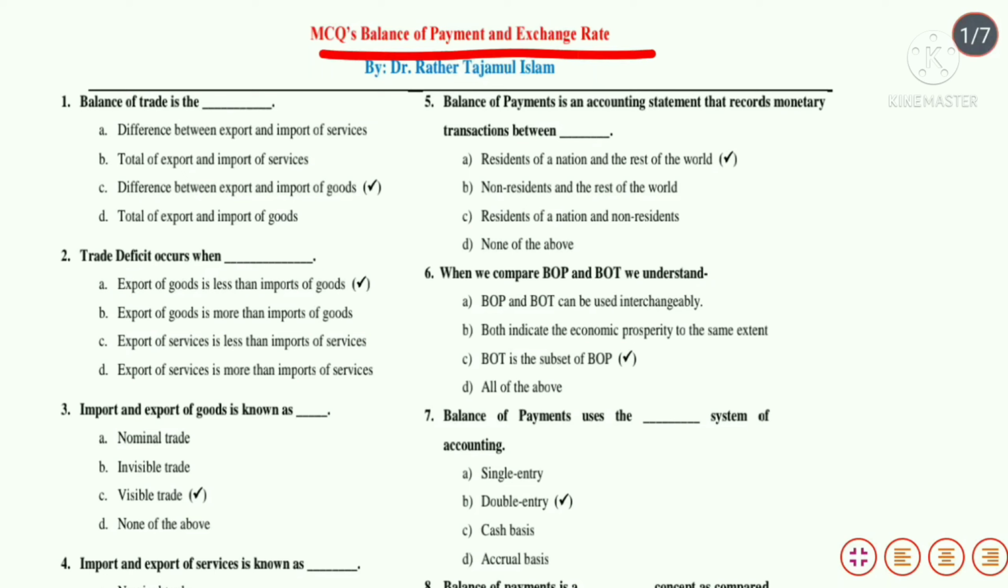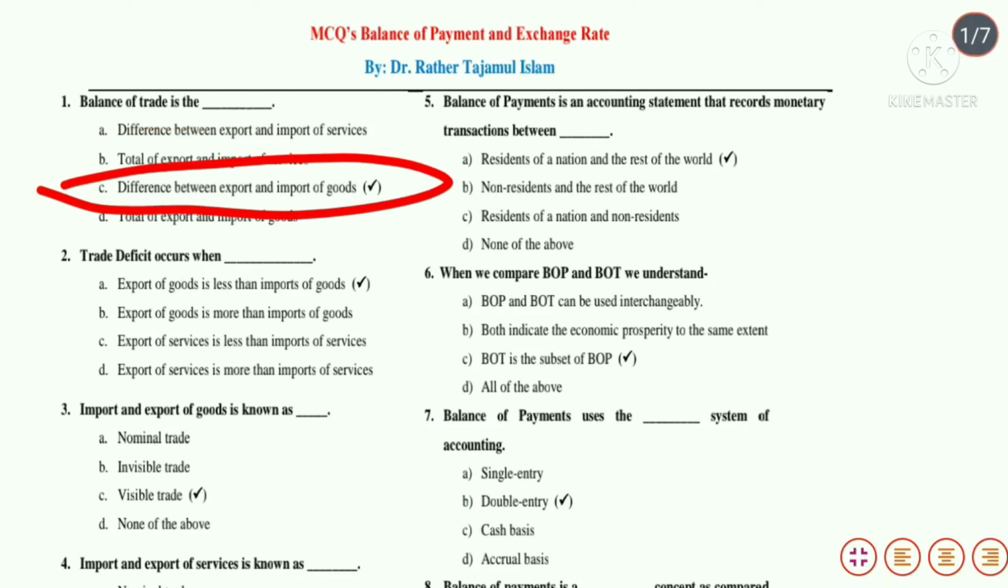आज के वीडियो में हम बैलेंस ऑफ पेमेंट एंड एक्सचेंज रेट से रिलेटेड कुछ इंपॉर्टेंट क्वेश्चंस को सॉल्व करके देखेंगे। तो डियर स्टूडेंट्स, विदाउट वेस्टिंग टाइम लेट अस स्टार्ट। सबसे पहला क्वेश्चन जो है दैट इज बैलेंस ऑफ ट्रेड इज। हम जानते हैं कि बैलेंस ऑफ ट्रेड इज द डिफरेंस बिटवीन एक्सपोर्ट एंड इंपोर्ट ऑफ गुड्स। देयरफॉर वी कैन से option C, difference between export and import of goods, is the